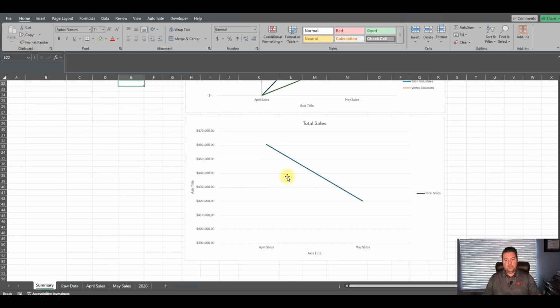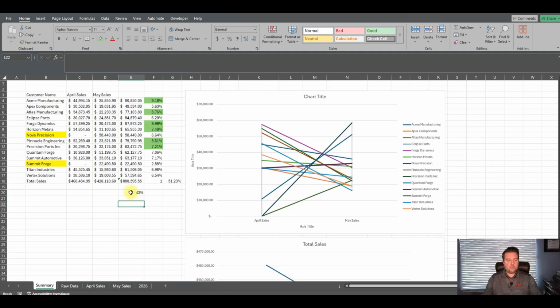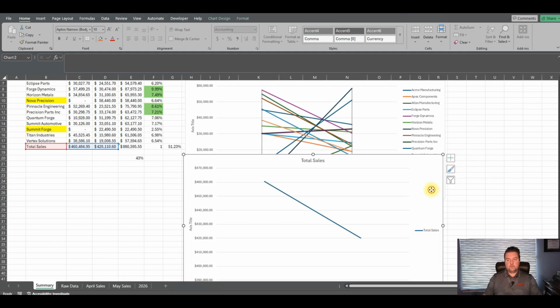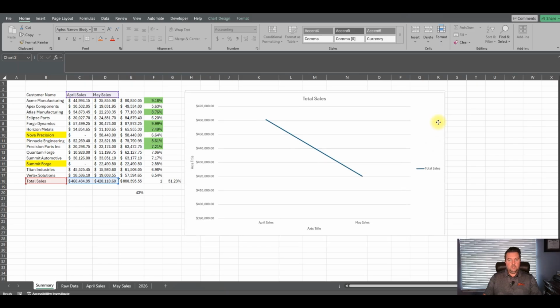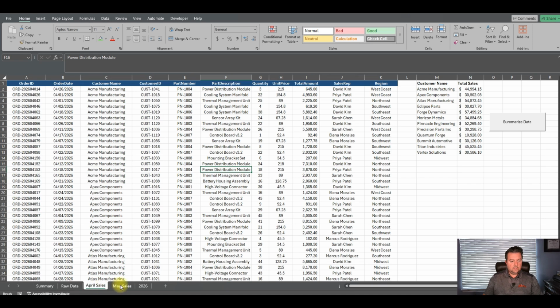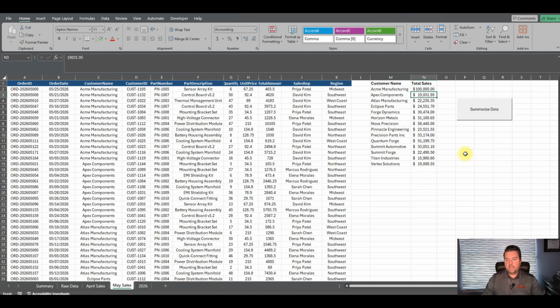So let's say because we've linked everything, the charts will update automatically, and that's what I want to show here. So let's say, right now, here's what I'll do is I'll just copy this up so it's easier to see. But right now, total sales, okay, so let's just say that these numbers all change. Let's say in May, Acme had an amazing month, and let's say that Apex had an amazing month, excuse me. So let's say those guys had really great months.